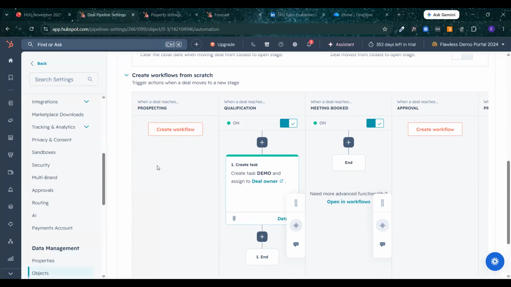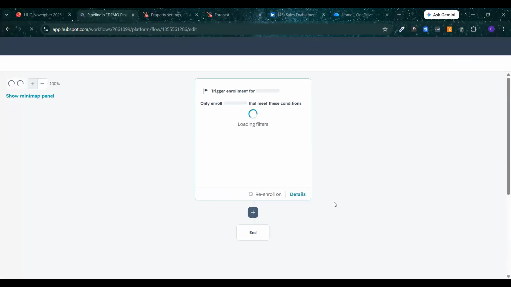I often get asked about moving deal stages. I would recommend doing that one through the workflows because this is basically using this deal stage as a trigger. So something already has to be in this stage in order for adding the plus here to work. The trigger of this workflow is that when a deal reaches qualification stage, you can't say move to qualification in here because it's already in there. So I would recommend using workflows if you want to automate the moving of stages.